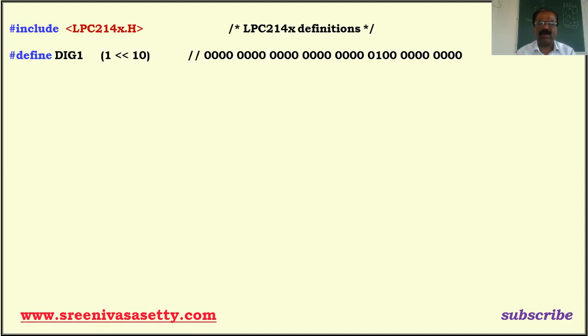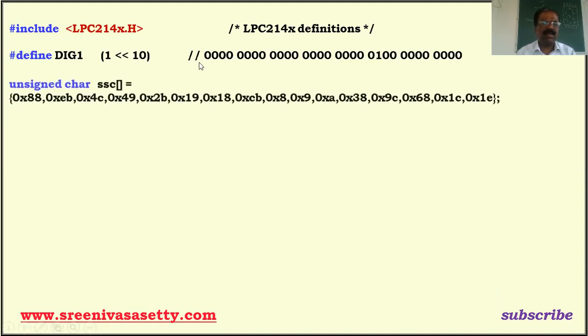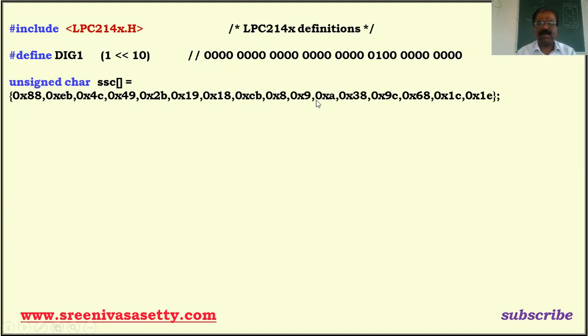That is a very important thing because we are using a common anode 7 segment display. This is the 7 segment code table starting from 0 till F, 0 to 9 and A through F. This is the 7 segment code for F. Here, unsigned char 7 segment code is the name of the array. This is the actual representation of an array using square brackets. If it is index 0, it refers to this.